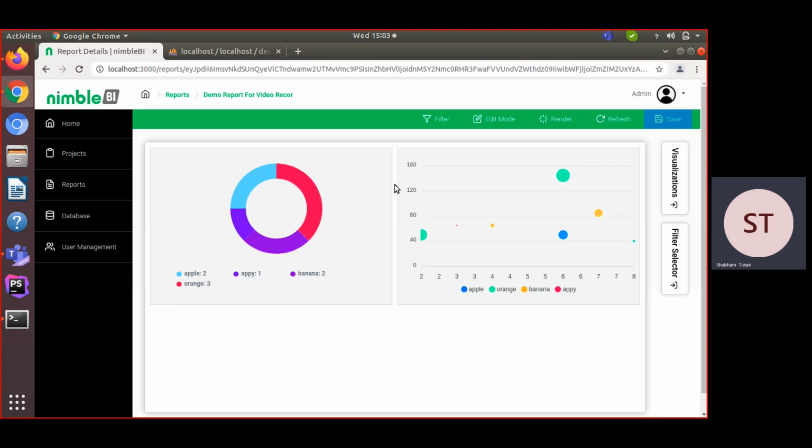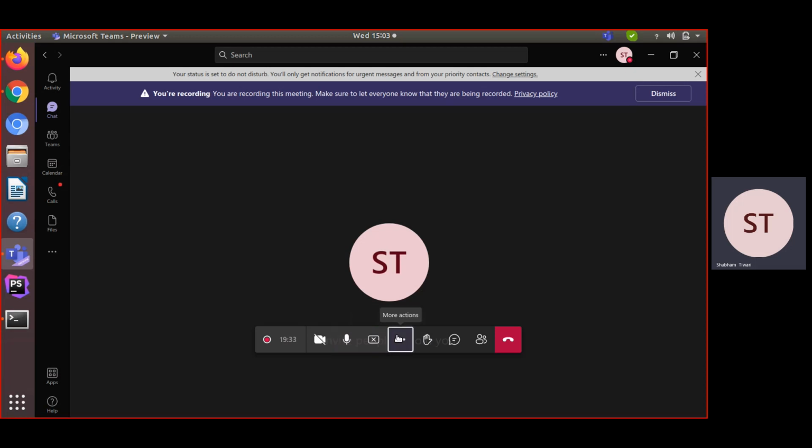So we will discuss that again in the next demo for filters and visualization.